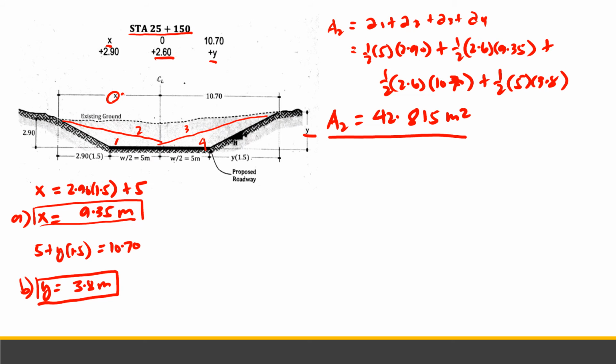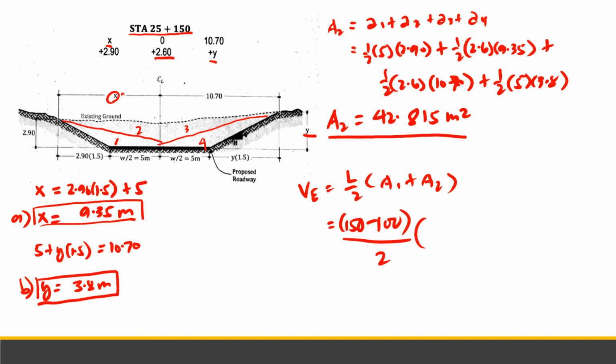Okay, so now we have area 1 and area 2. So we can now solve for the volume using the end area method. The volume using end area method is L/2 multiplied by area 1 plus area 2. L here is 150 minus 100, the difference between the two stations, over 2 times area 1 is